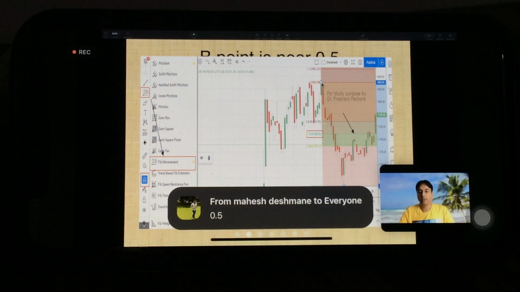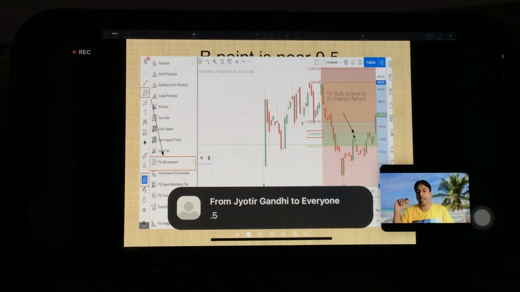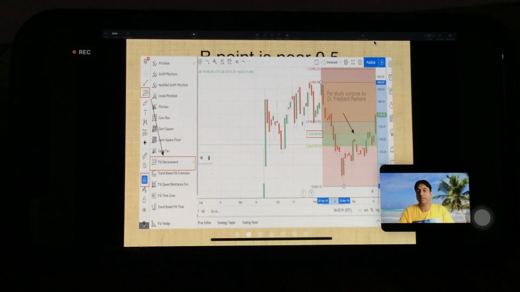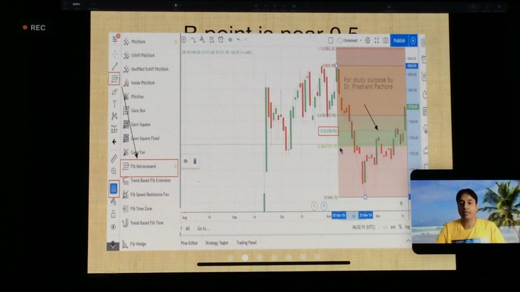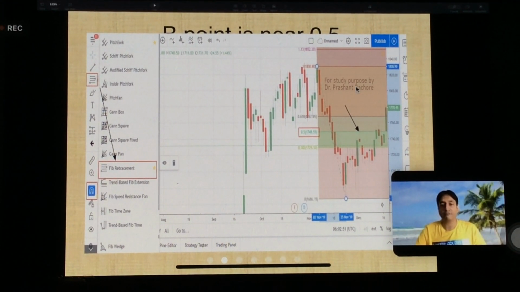Can you make out? 1832, 1666, price retraced up to 1748, which is 0.5. So I make an assumption that I am seeing a probable bat pattern, right? Current price is 1778. I want to find the D point. Since it's a 0.5 B point, probably I am seeing a bat pattern. That's one of the possibilities. That should be our assumption.